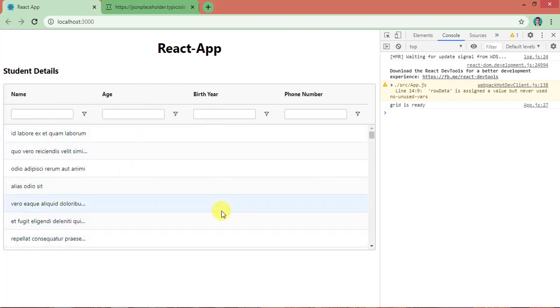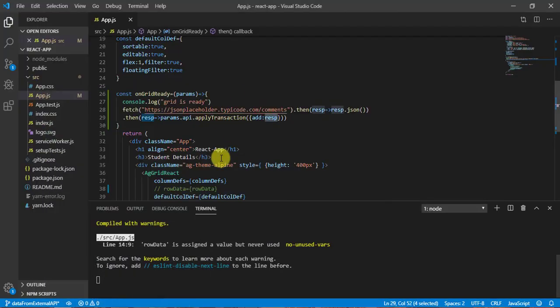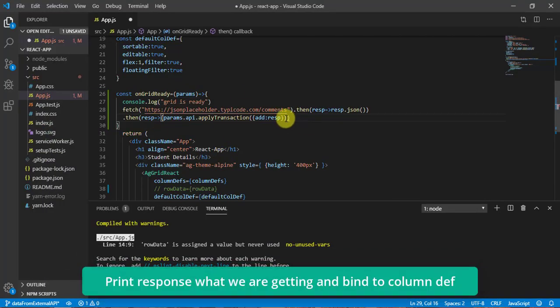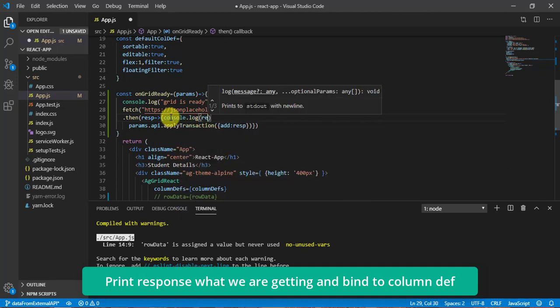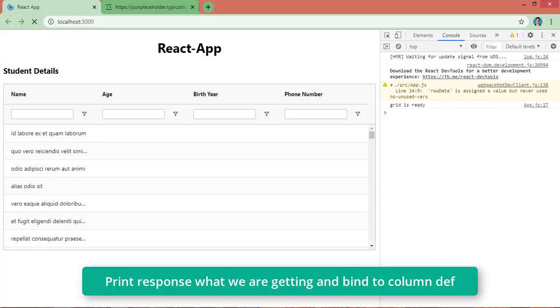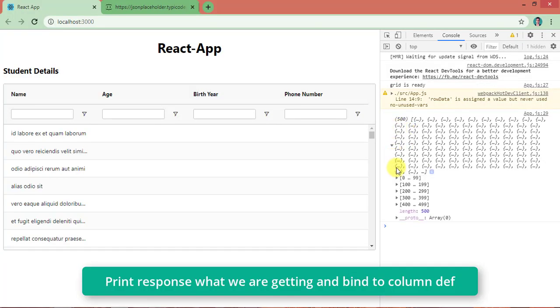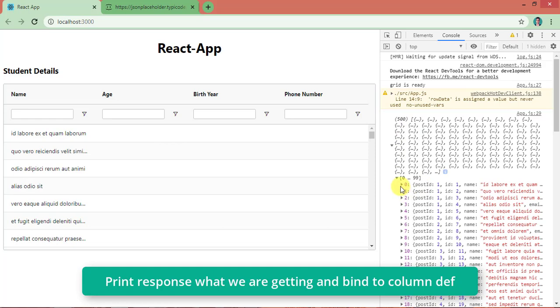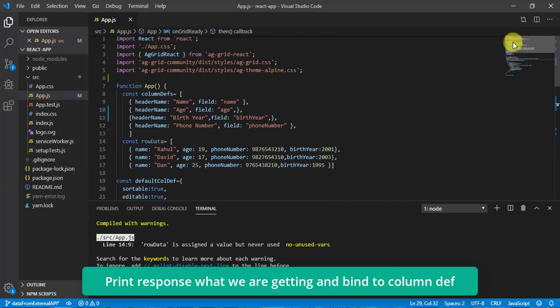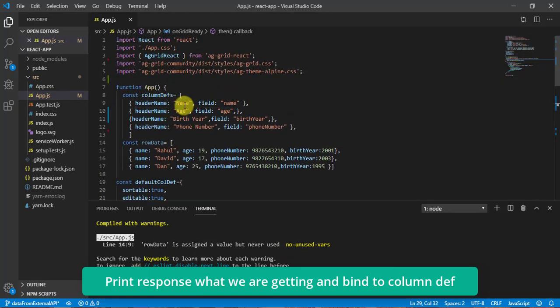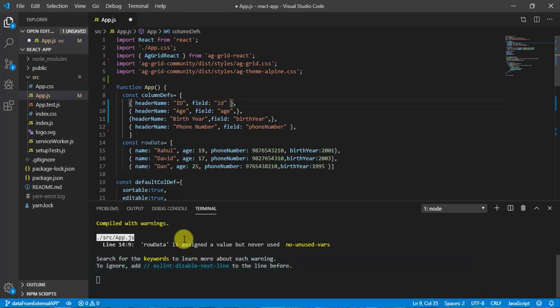So why are we not getting the other data? For that, let me print this one, so before doing this, I will do a console log. We have to make sure what fields we are getting there in the column. As you can see here, I have this ID. So let's define ID in our definition. Here we will call it ID, and here ID.